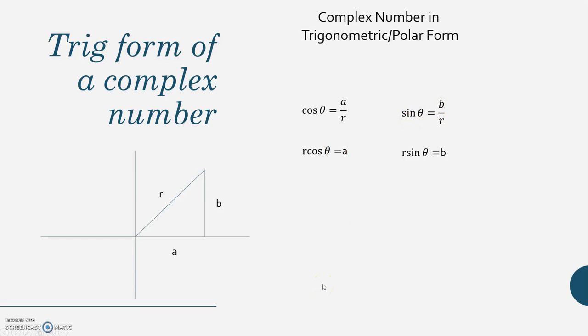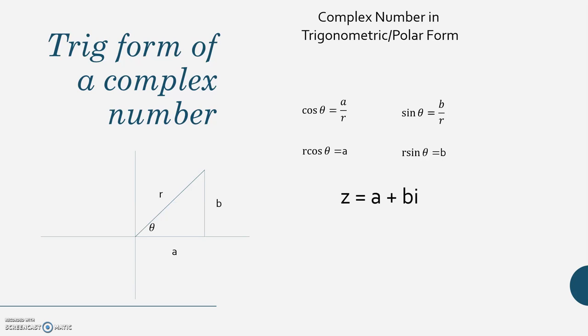Fairly similar to the stuff we were doing with our polar coordinates, where we're saying, okay, x was r cosine theta, and y was r sine theta. But we're not working with x and y, we're working with a and b because that's the standard form for a complex number. So if I know that a is r cosine theta and b is r sine theta,